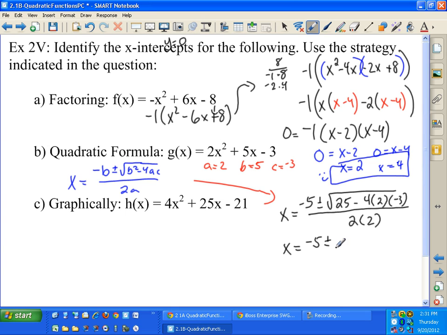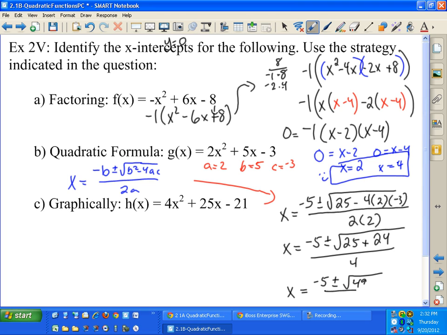25 minus, well, let's see, negative 4 times 2 is negative 8. Negative 8 times negative 3 is positive 24, I believe. And all of that is over 4. So my final two answers for this, oh, well, that comes out kind of nice. That's 49, right? 25 and 24 is 49, which is a perfect square,